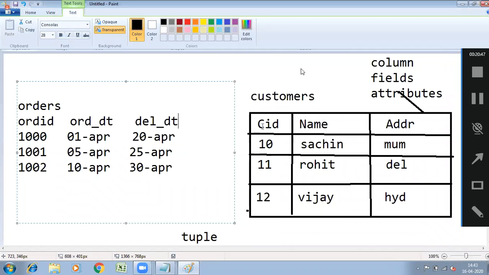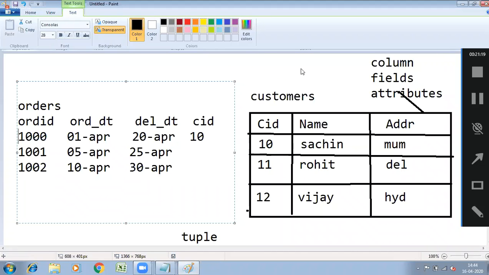Take that primary key and add this customer ID to the orders table. In the customer table, customer ID is the primary key. In the orders table, customer ID is the foreign key.